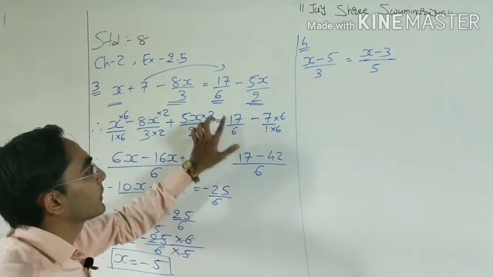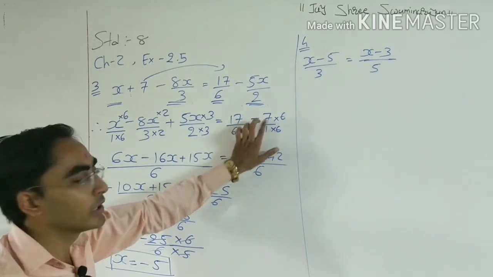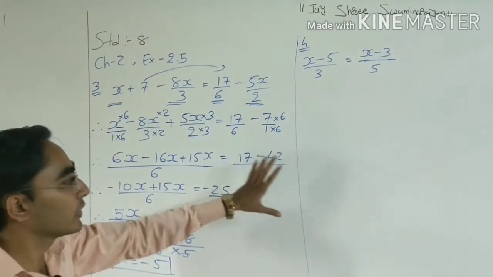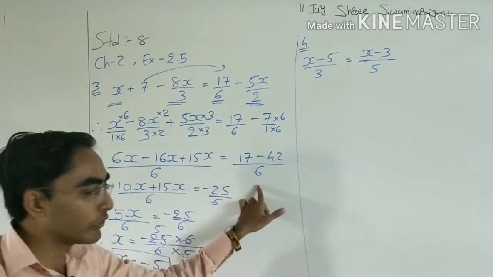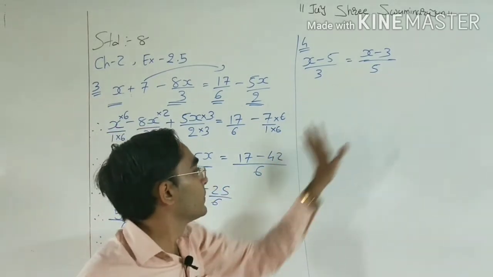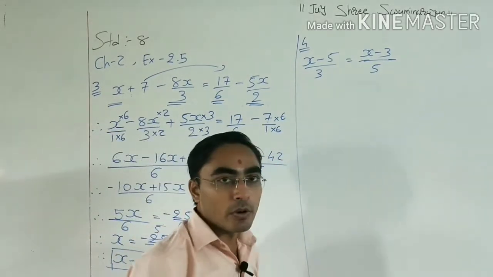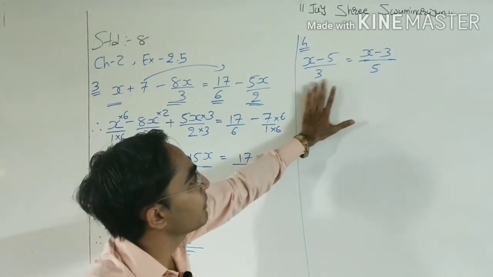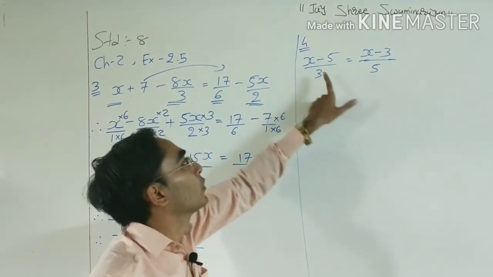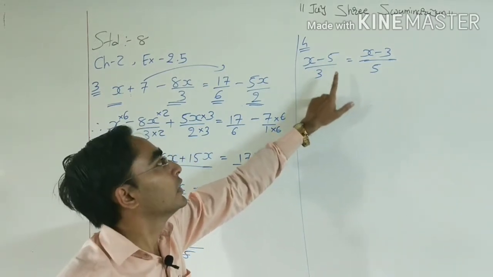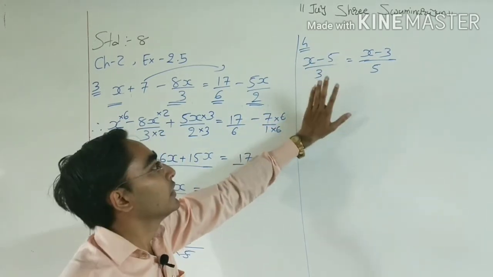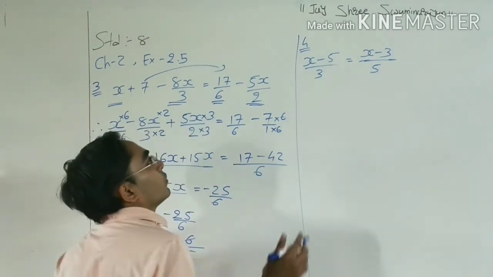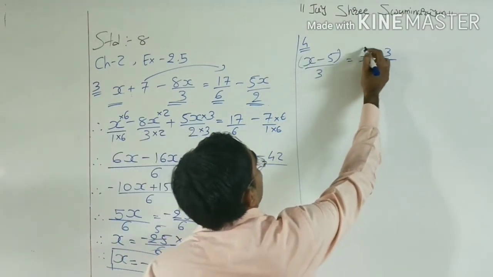In this case, here 17 minus 6 minus 7. 6 is present in the denominator of 17 only, that's why we take LCM, and at last we get the denominator 6. But right now, 5 is already present in the denominator. This is a single term, because this division does not separate the term. If we give a bracket, then this is a single term, so we do not need to take LCM. So what we can do, just give the bracket here.